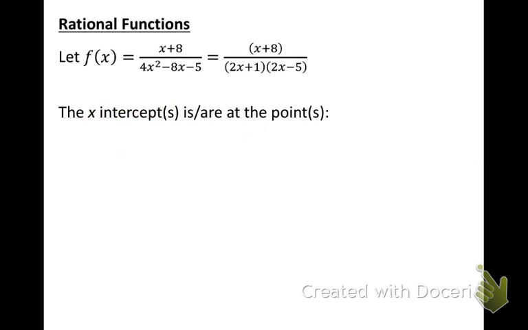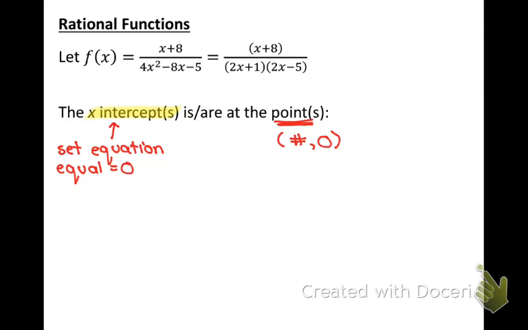All right, still sticking with that same rational function, we now want to find our x-intercepts. And again, remember that these are points. So we've got to remember that when I write this point, it's going to be in the form of some number, comma, 0. And when we're looking for that x-intercept, we are going to set our equation equal to 0, and that's because our y is equal to 0. So we need to solve